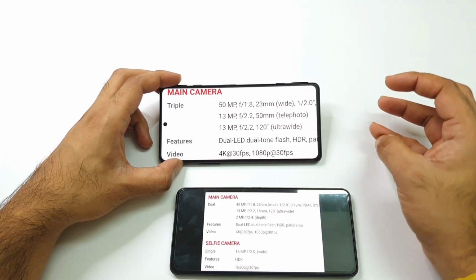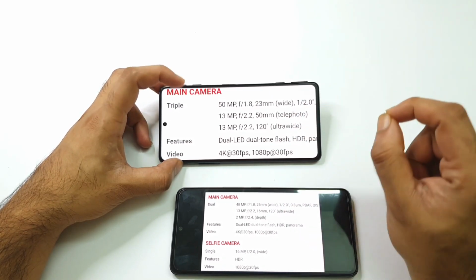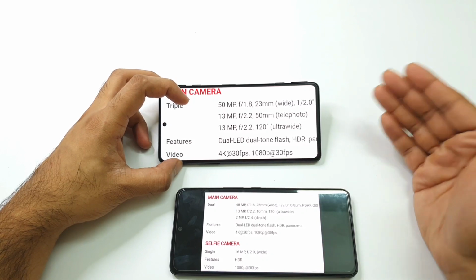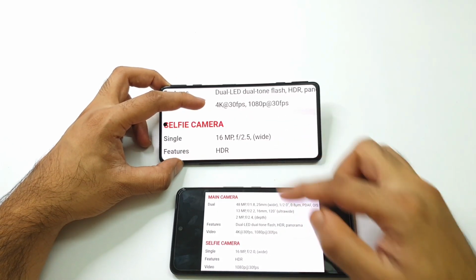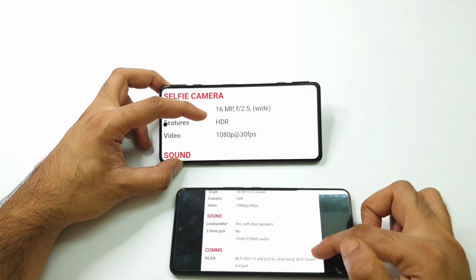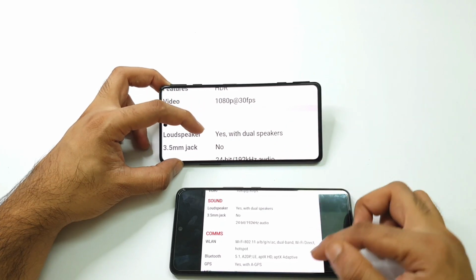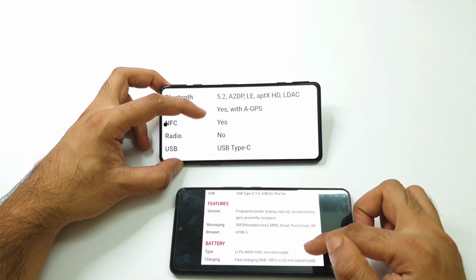Overall, in terms of the processor and the camera, there is a little bit of difference compared with the iQOO 7 device. The front camera remains the same, around 16 megapixels on both the iQOO 8 and iQOO 7, with nothing much major difference. Both phones have a dual speaker setup. That's pretty much the same, and all the specifications are completely the same apart from the battery capacity.